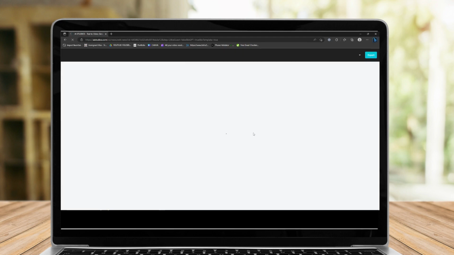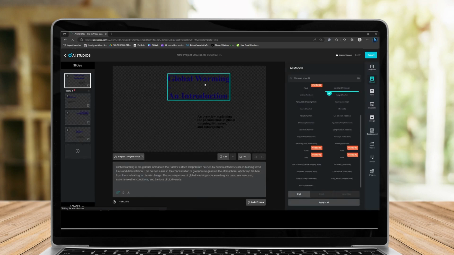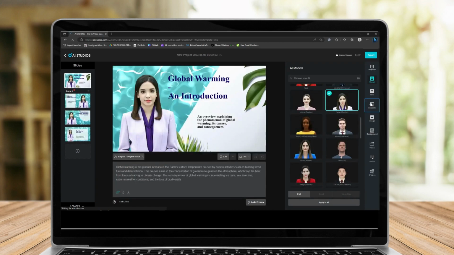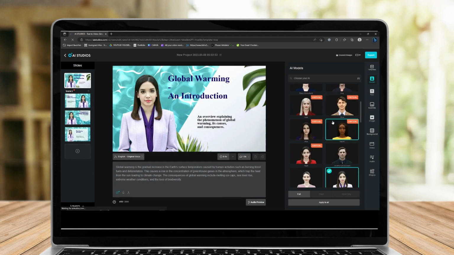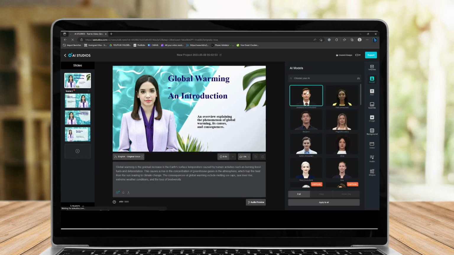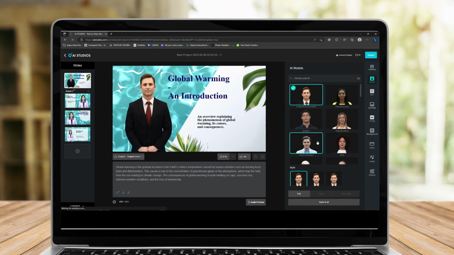Since AI is very trending right now, a lot of people are using it. Once it's done loading, it will take you to this editing platform where you can edit the text, the template, and the AI that we want to choose. For example, these are virtual. Let's check this one, Jonathan. Since Jonathan, I think, is the most